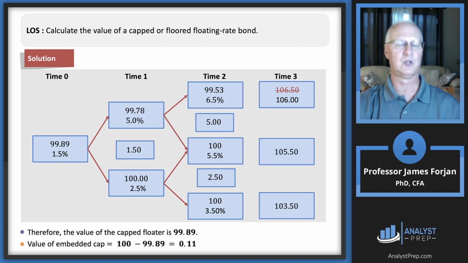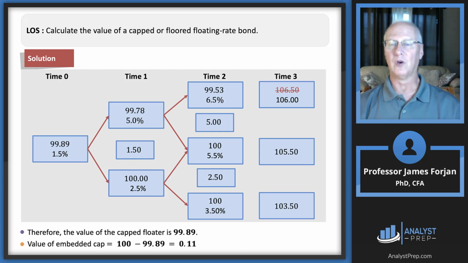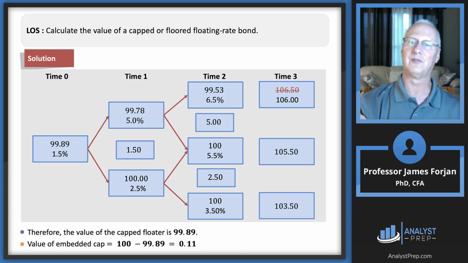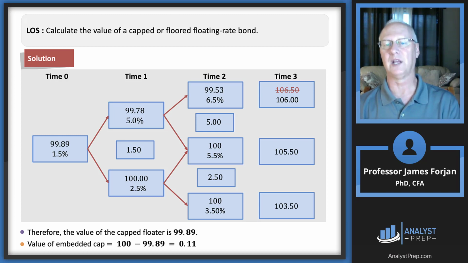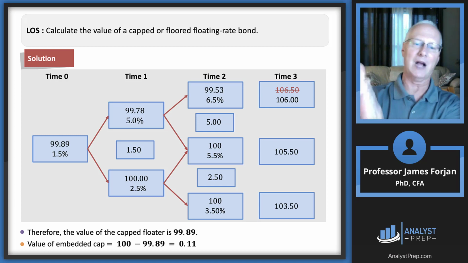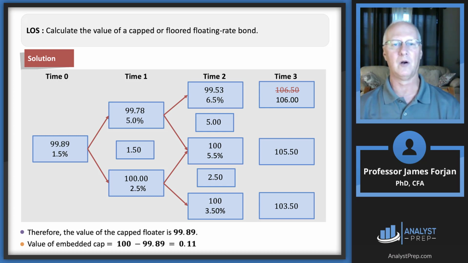105.50, there we go. Those two are fine. But the 106, oh man, what are we saying back here? We're saying that the cap is 6%. So we're scratching that 106.50 out and saying, well, we're not going to pay a 6.5% coupon. We're only going to pay 6. And so we're just going to backward induct all the way to time period 0 till we get to the